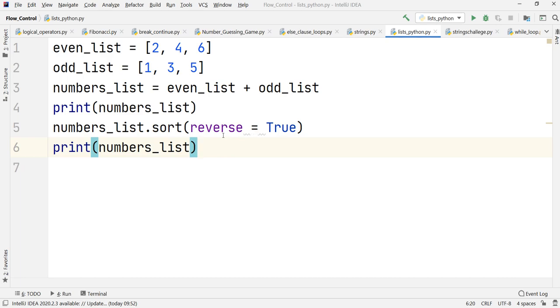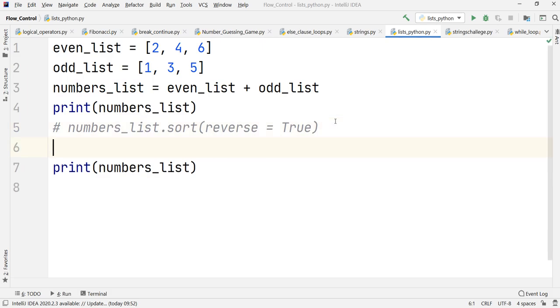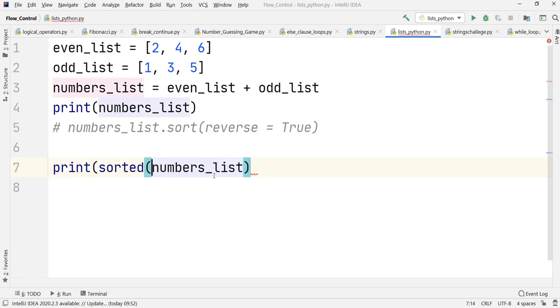And one more thing that is also there in Python. As I've told you, this method will modify the original list, so you will never get your original list back. But what if you don't want to change the original list, and still want to sort your list? That can also be done. I'll put it in the comments and comment it out, and let's see how that can be done. The simplest way is to make use of a function in Python, which is sorted. The sorted function can be used for performing that task.